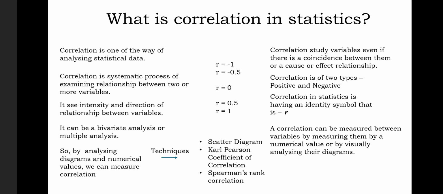So r cannot exceed or go beyond +1, or be less than -1. Let's study the scatter diagram, which is the first technique of analyzing data with the help of correlation, and it is very simple. It cannot tell you precisely how the correlation is, but it can show on paper or in a diagram how much correlation there actually is